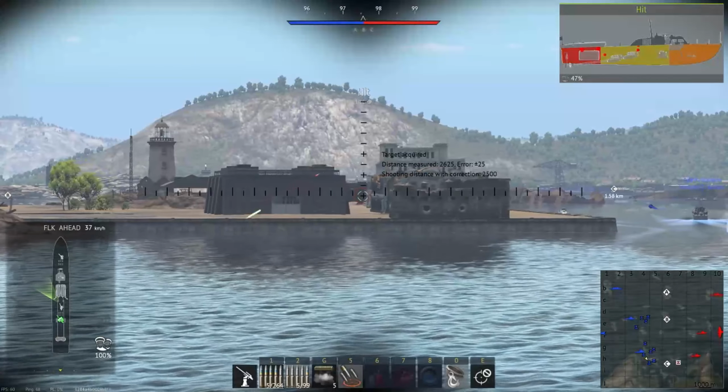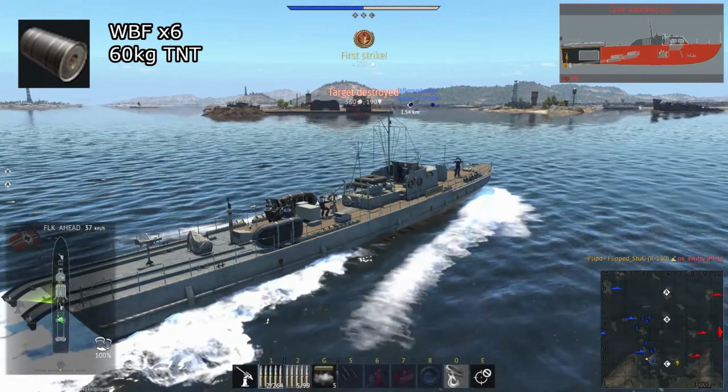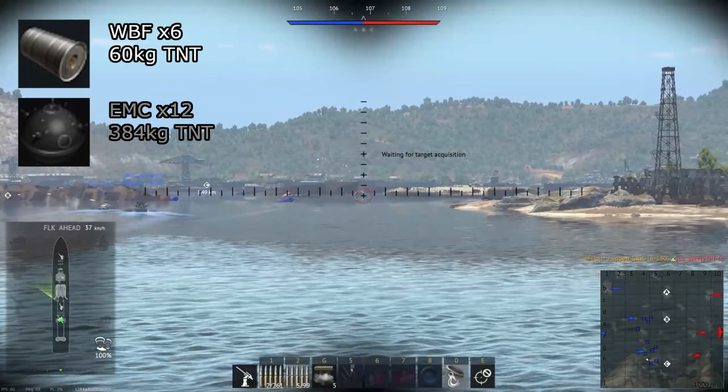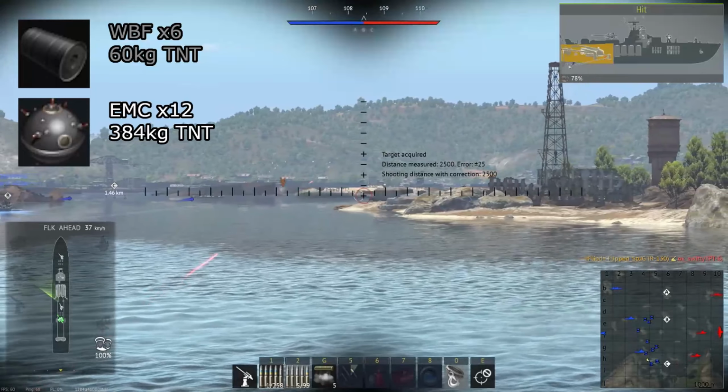Last up for weapons, secondary ordnance. R-130 gets 6 depth charges and 12 naval mines. The depth charges are effectively worthless since they're depth charges on a slow vessel. The mines are a bit more interesting, possibly having a use of being dropped in cap points or chokes, but